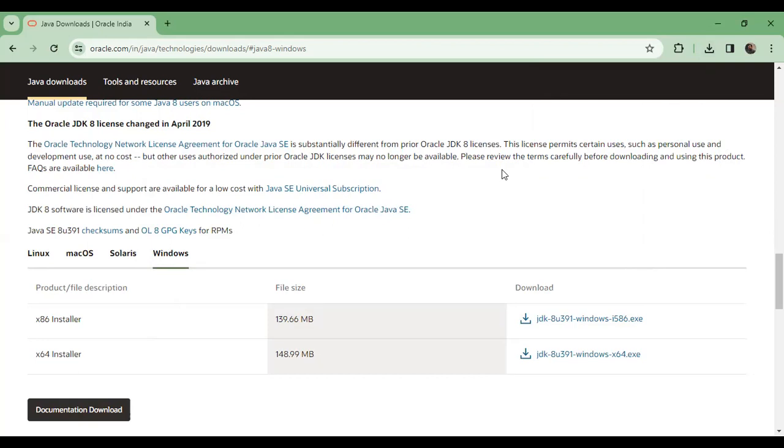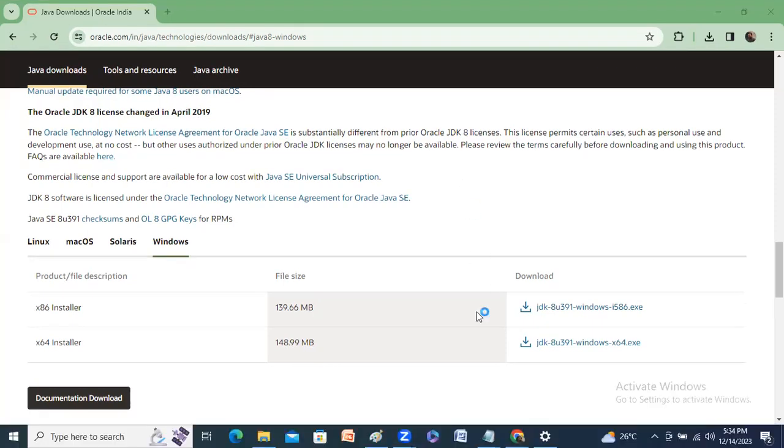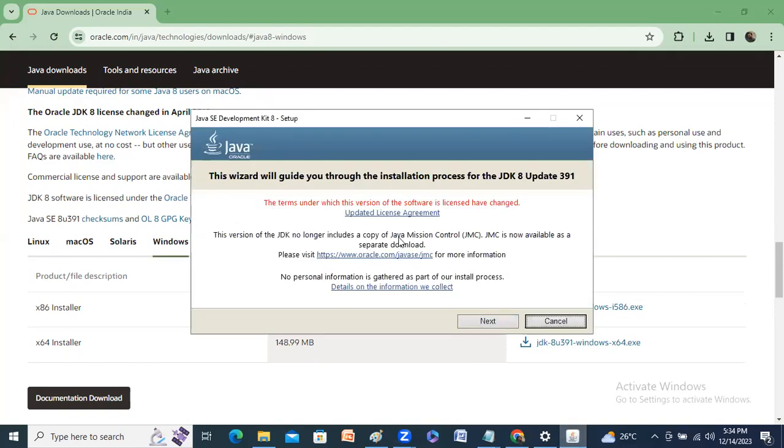Some of the persons already know how to install Java. I want to share my system, guys. One moment. It is visible, Java installation, guys.